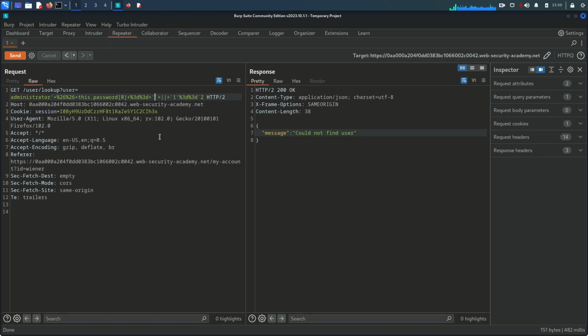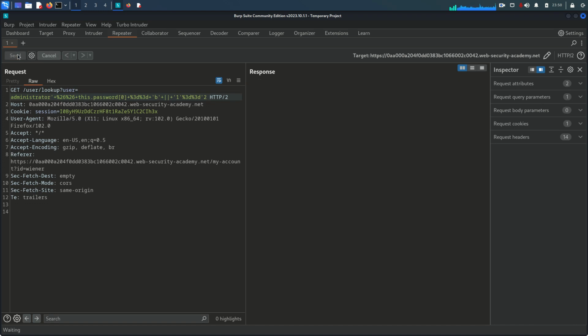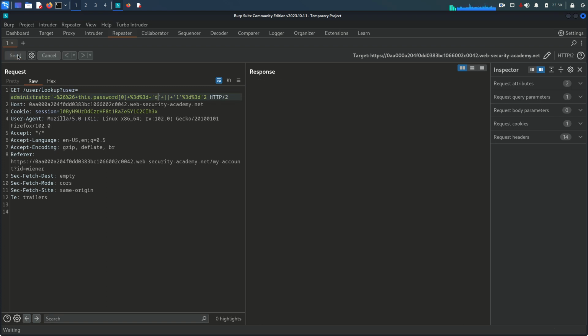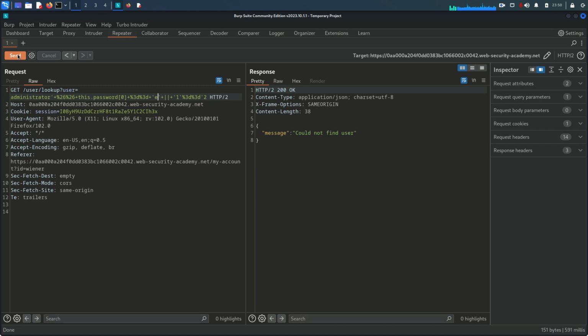So here you just need to change the character. Let's say the first character, 0 means the first character. Okay, so the first character, let's say B, and send it. No, delete this. Let's say C. No, D. No, E, F, G, H, I,